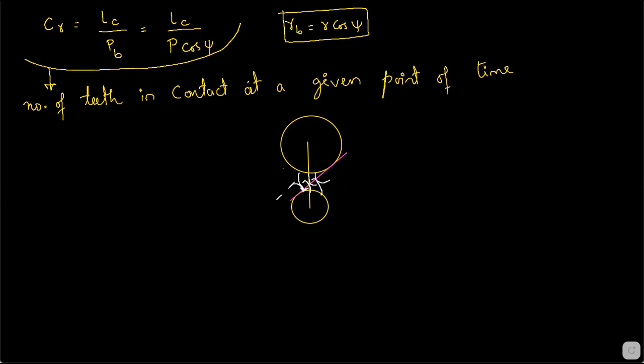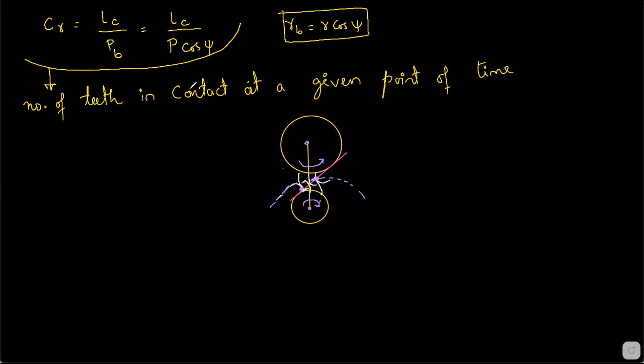Because just imagine that this is the addendum circle of the pinion. I will just draw the addendum circle of the pinion. So here the pinion addendum is leaving, right? The intersection of the addendum circle and the tangent, over here, this is the last point. This is the first point. How many pairs are in contact? 2 pairs are in contact. It means at this point of time, the load to be transmitted from the pinion to the gear is being shared by 2 teeth.